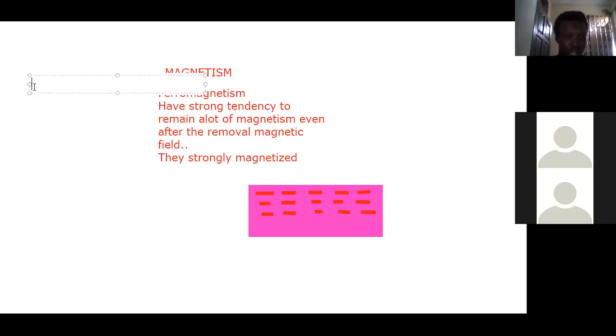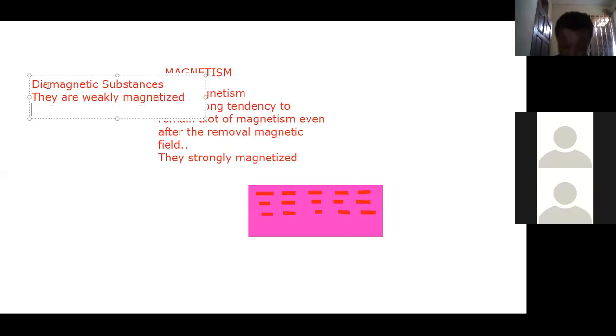Just as I did for the other one, let me do the same for this. So we said this one is diamagnetic substances. They are weakly magnetized. When we say they are weakly magnetized, we mean that when they are placed in an external magnetic field, they are weakly magnetized, and they move in the direction opposite to the applied field.